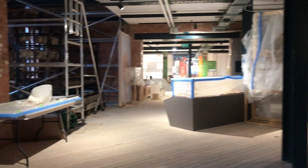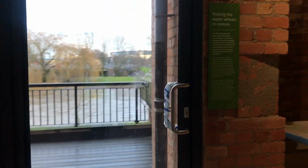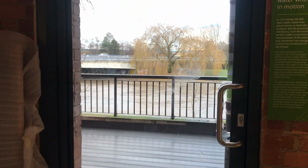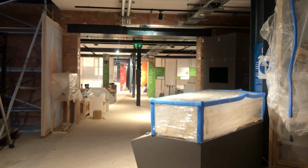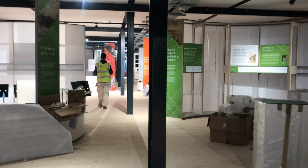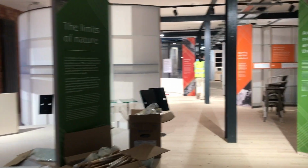Moving from this space then past the river, which you can see is really high today, all the way through into and past the loom on the left hand side, where we've done a cut through in the ceiling, got an interactive on the right hand side, and then you move through into the throwing room, where we've got 10 pods that replicate